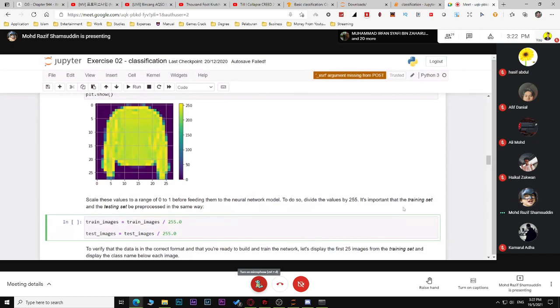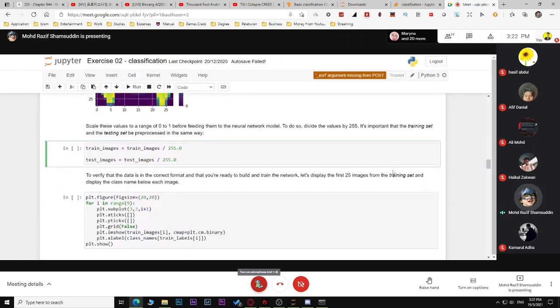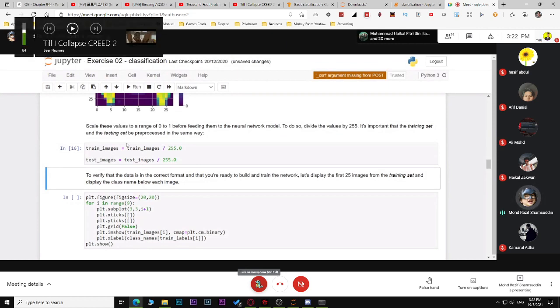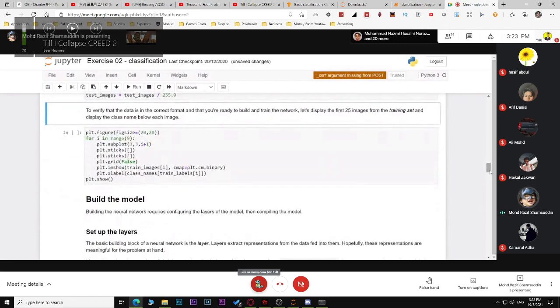So what we are doing here is actually called massaging the data, or scaling. Right. So we do this, and this one is done. We do this for both train images and test images. Right. So next,